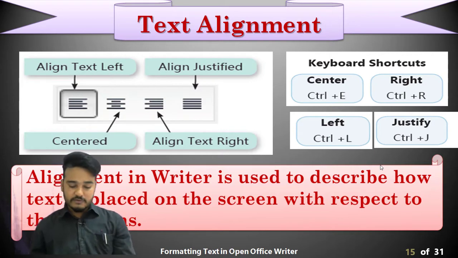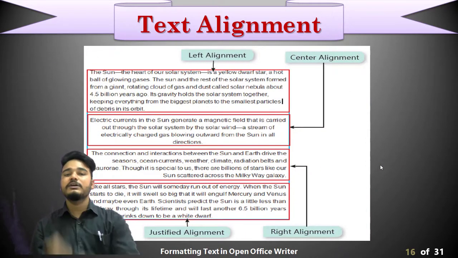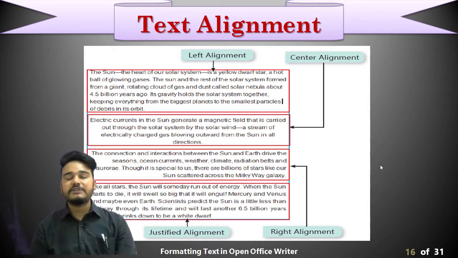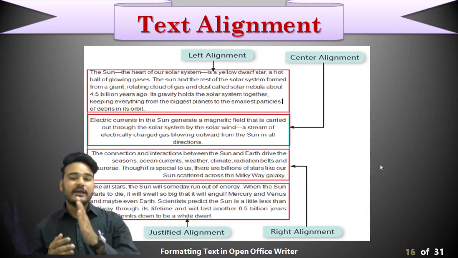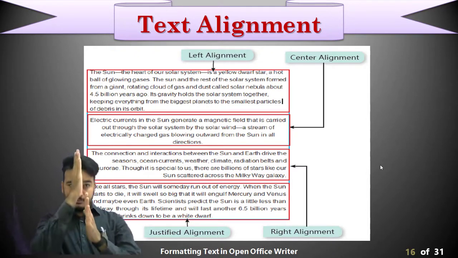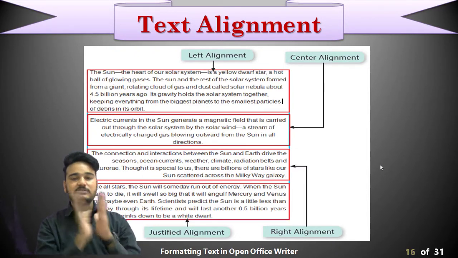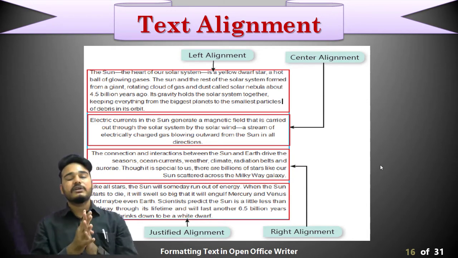Now I will be showing you some examples. Yes, I'll show you on screen only. Okay, so here you check a particular text boxes are added now. In the first text box, which is at the top, text is aligned in a left alignment order. Means what? लेफ्ट साइड को सभी टेक्स्ट एक ही जगह से स्टार्ट हो रहा है, बट एंड एक जगह पे नहीं हो रहा है. Means start is at the left side, means all are aligned in left order.